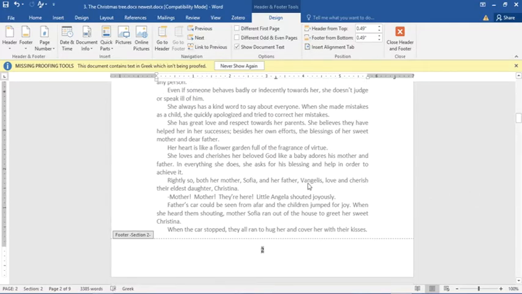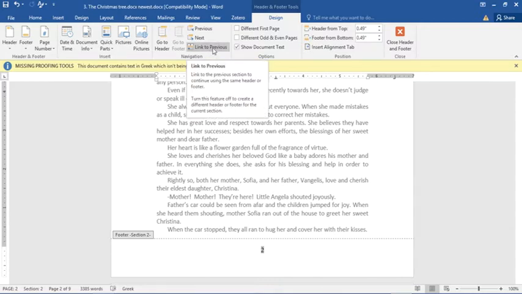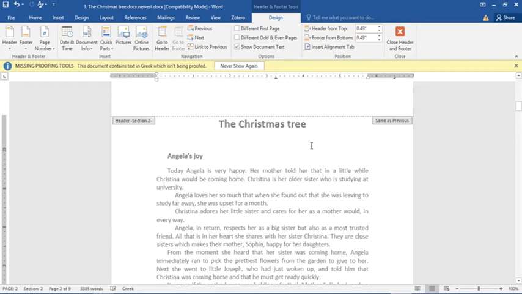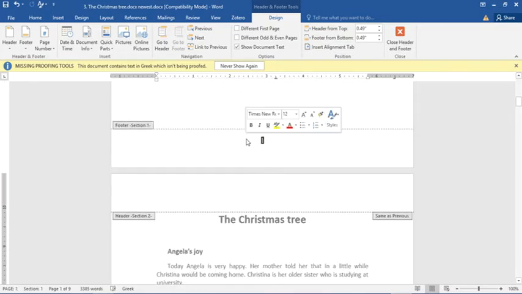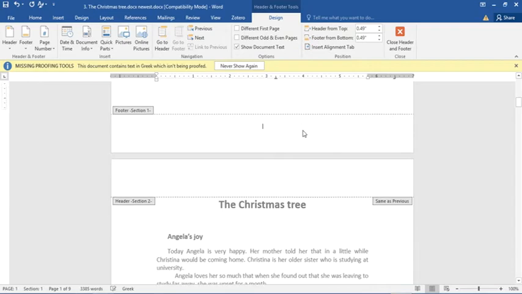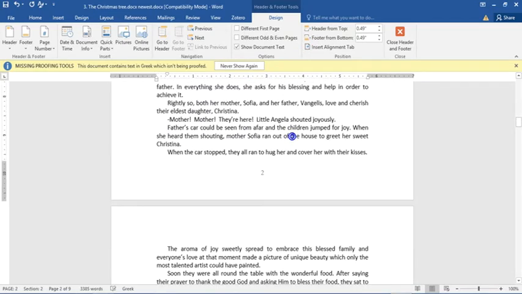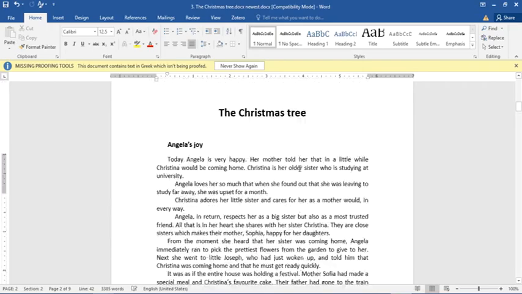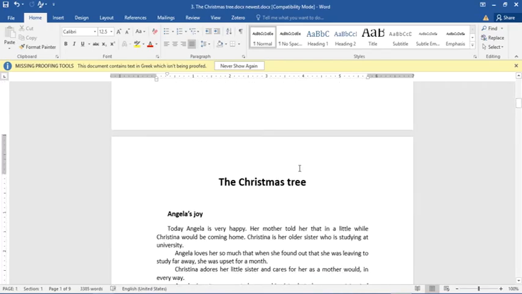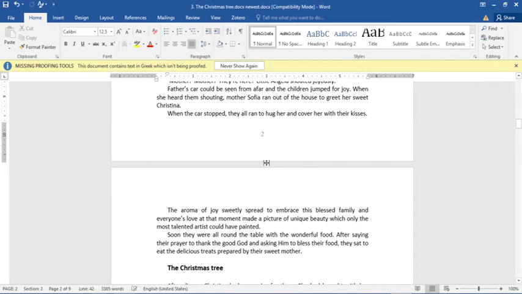When you delink them, now you see it is no longer highlighted. When it is active, it will look like that. When it is not active, it will look like that. Now here, even if you come and delete this one, that one does not affect the next section. Okay, and now because a change you make in this second section does not affect the first section,